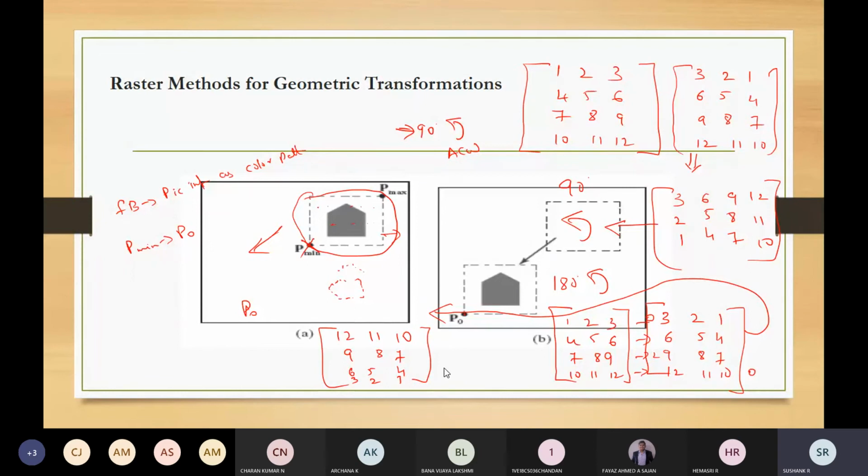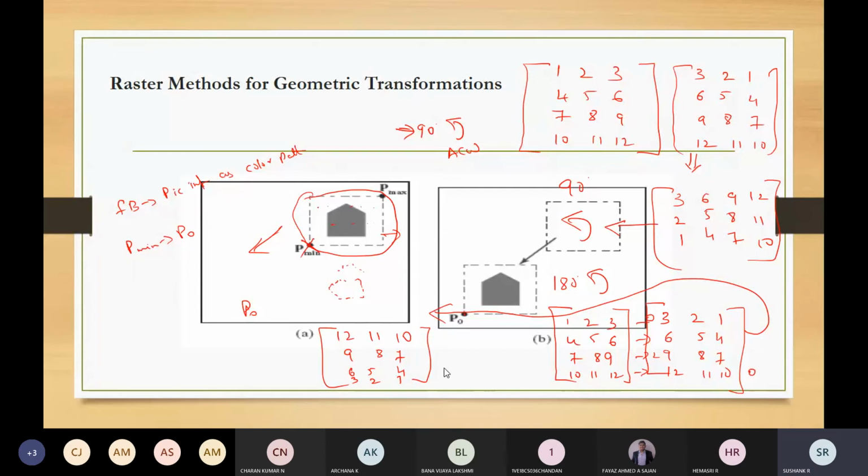So you need to know about 90 degree and 180 degree. If the angle is between 90 and 180, or anything other than 90 and 180, there are four points you should remember. The first is that the destination pixel will be mapped to a rotated array. After that, the amount of overlap with the rotated pixel will be calculated. After that, a color for this destination pixel will be computed by averaging the colors of the overlapped pixels, which are weighted by their percentage of overlap.